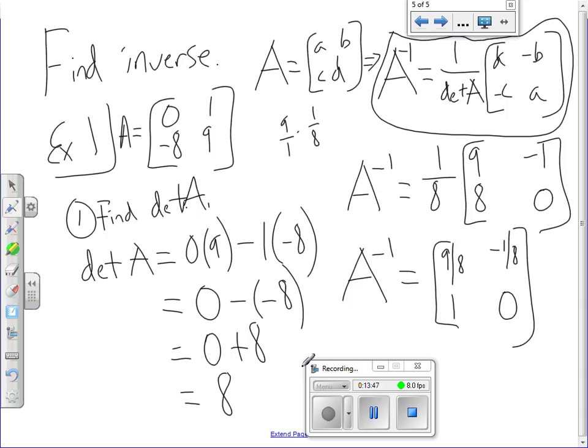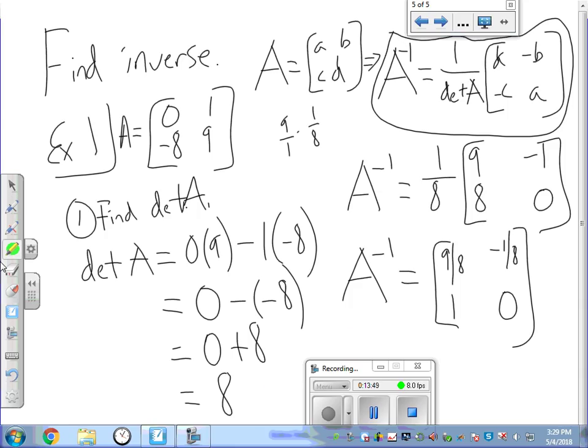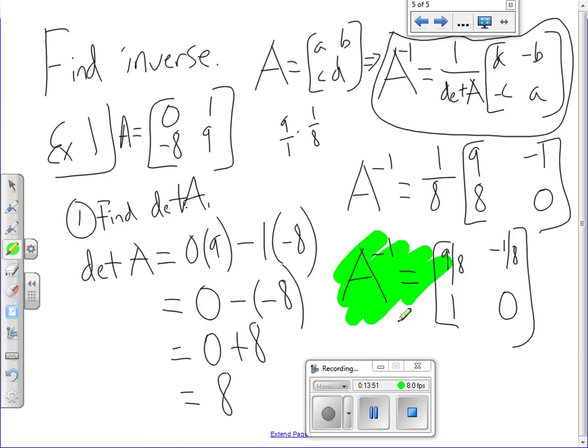This right here, let me highlight it in green. This is what I'm going to say is the best answer, and this is what I'm going to expect you to do when you find an inverse. I do not want to see the 1 over determinant thing hanging outside. I do not want that loitering. I want that number pushed through inside the numbers in our inverse,